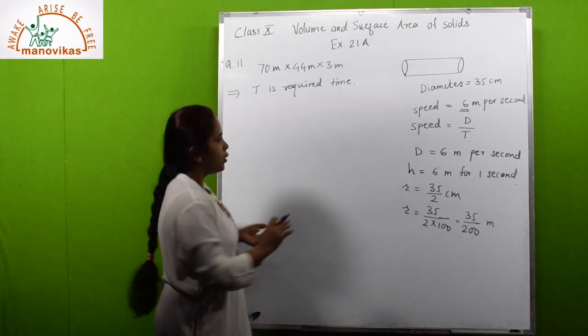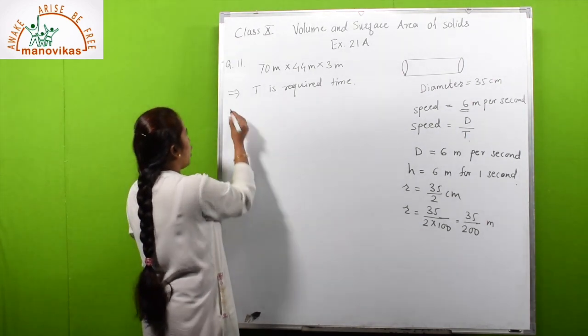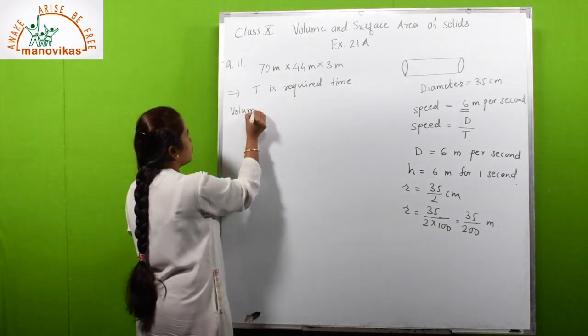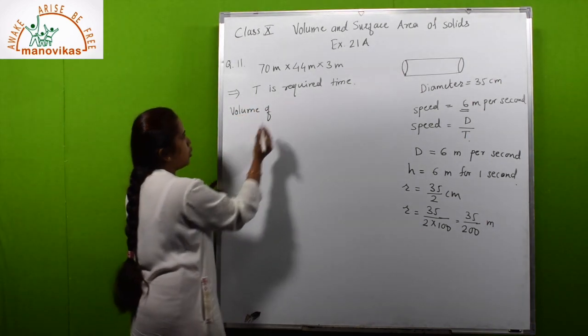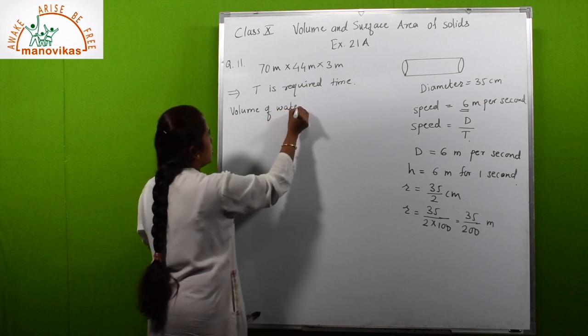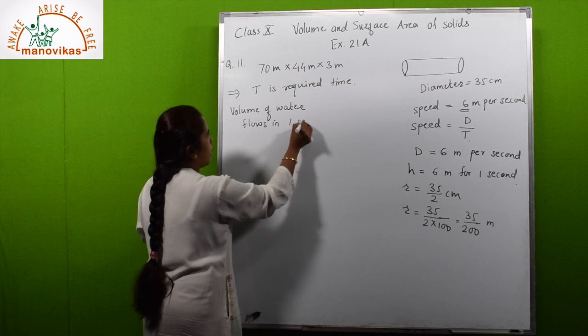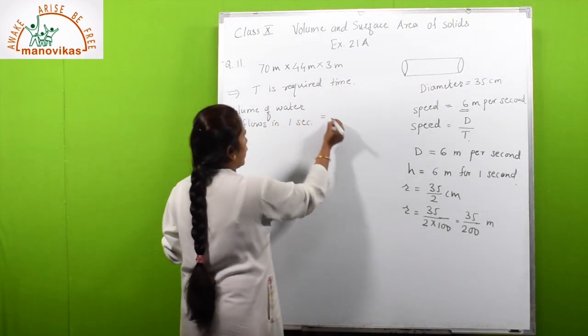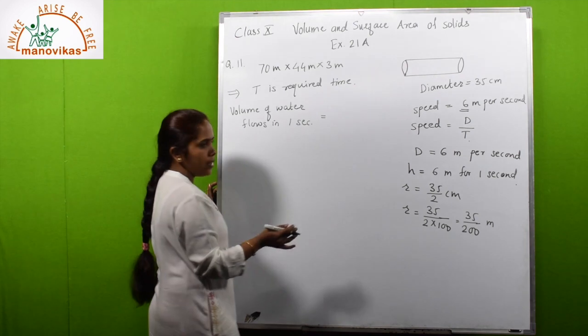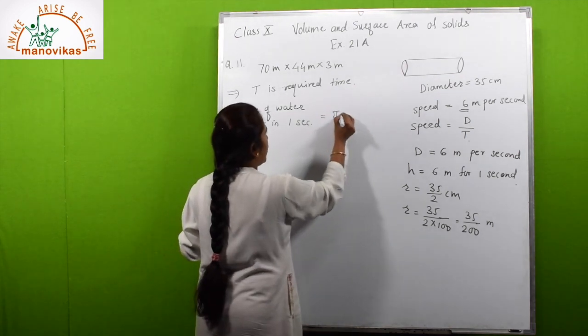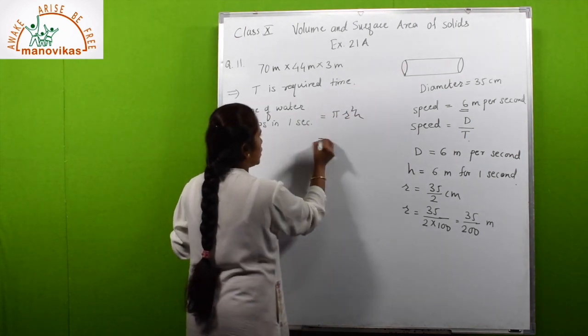Now what will be the volume? The volume of water that flows in 1 second will be the volume of the cylindrical pipe, that is pi r square h,